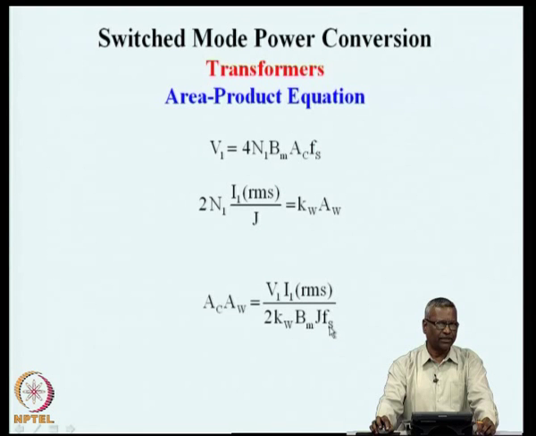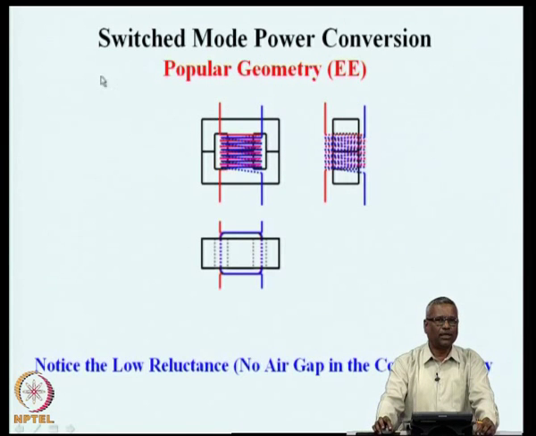You can see that because Fs is in the denominator, if you build a transformer for a certain frequency, and the frequency becomes double, the same transformer can be used for nearly double the volt ampere rating. This is one of the motivations to process power at high frequency, so that all the magnetic elements will be smaller in size. The popular geometries of transformers are